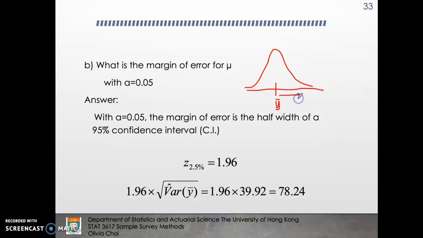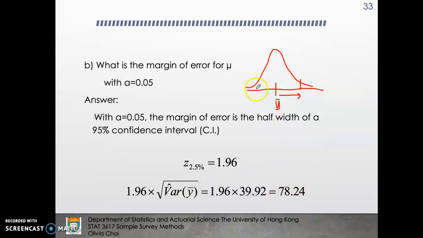So this is the margin of error. At a 95% confidence interval, although this is two-sided, we want to look at the margin of error just on one side. So this equals the critical value 1.96 multiplied by the square root of the estimated variance,